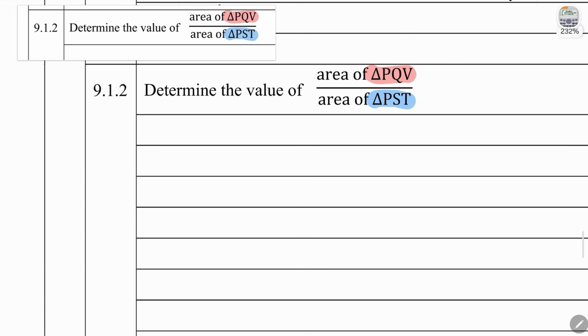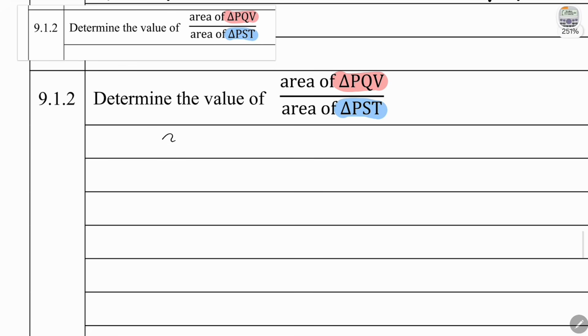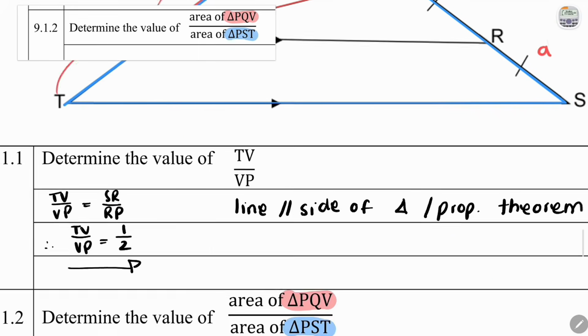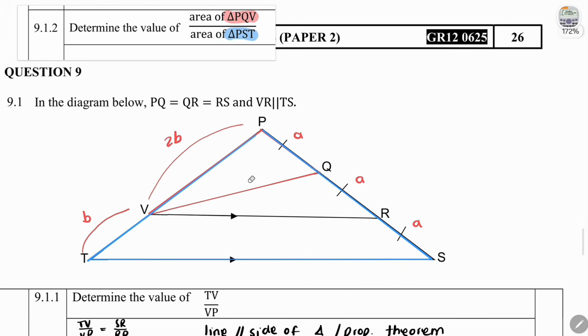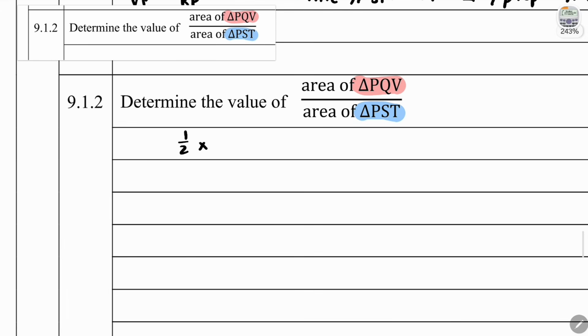So in order to find these areas, the ratio that they give us, we will say a half multiplied by the side. We're looking at this triangle on the top, that is this one over here. And we're going to say a half multiplied by PV multiplied by PQ and then times sine of angle P. So a half multiplied by PV times PQ times sine of angle P, and this goes over a half multiplied by